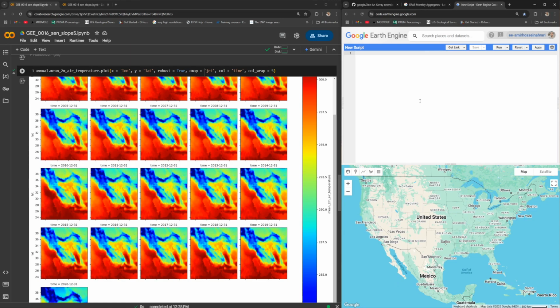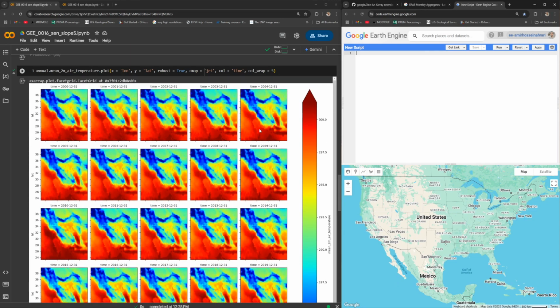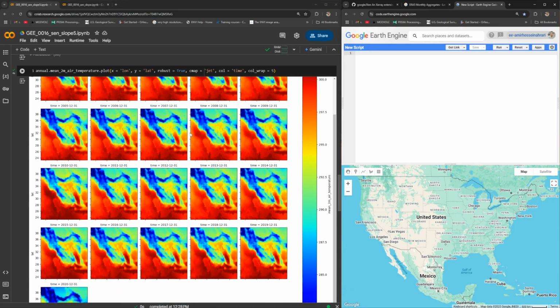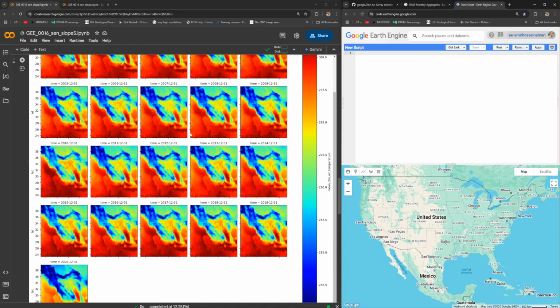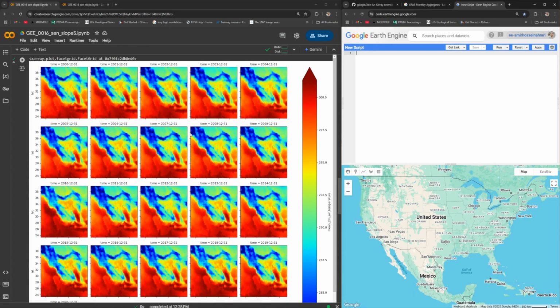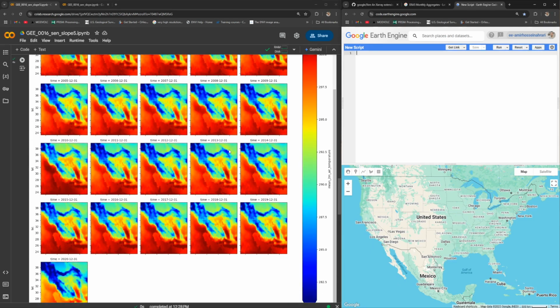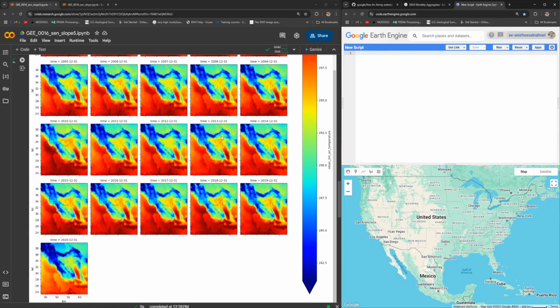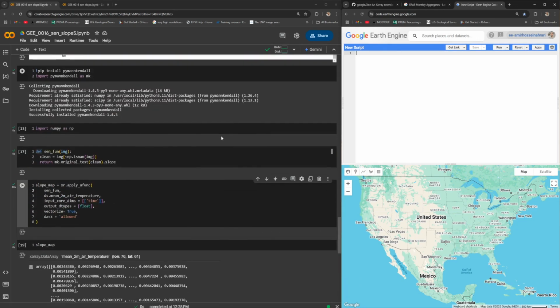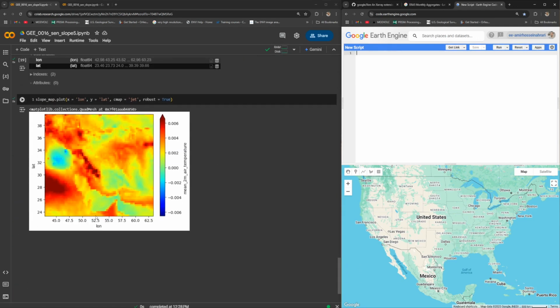In this tutorial, I'm going to show you how to do trend analysis using the Sen's slope algorithm in the Google Earth Engine Python API programming. So, as you can see here, when we do plotting, for example, annual temperature or any variable, it is very hard to understand how the temperature or any other variable is changing from one year to another year. So it's a little bit complicated, but trend analysis allows us to make a single map